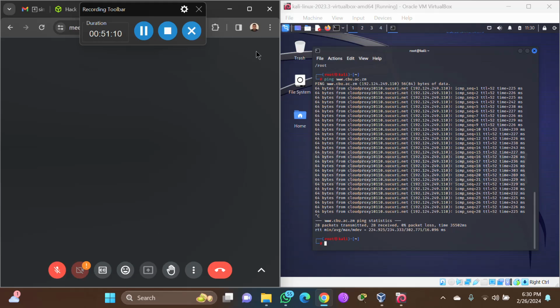You should tell me if you are able to download it, guys. Now at this point, all of us, let us now steal the index file from the CBU website. The command is